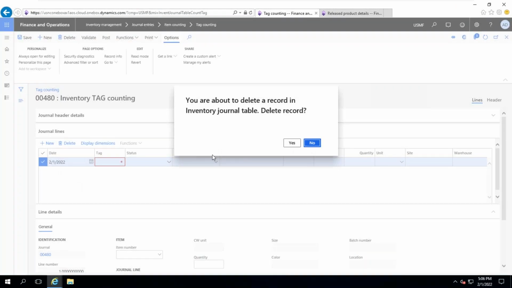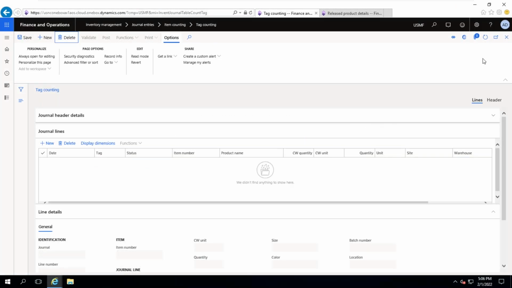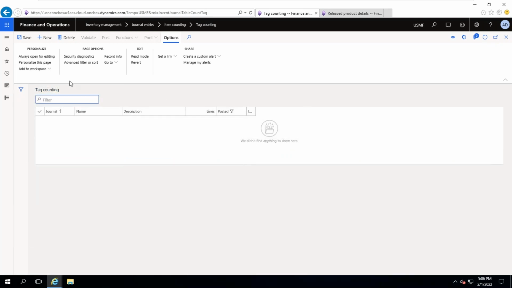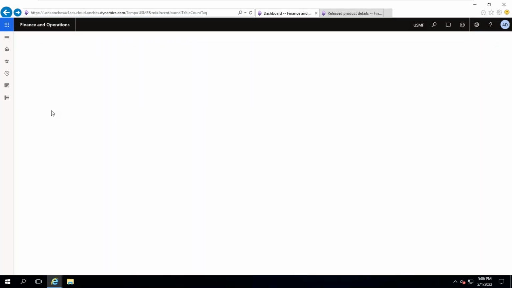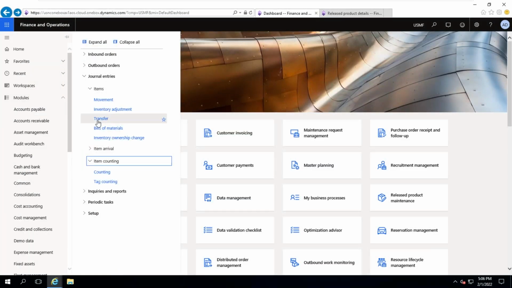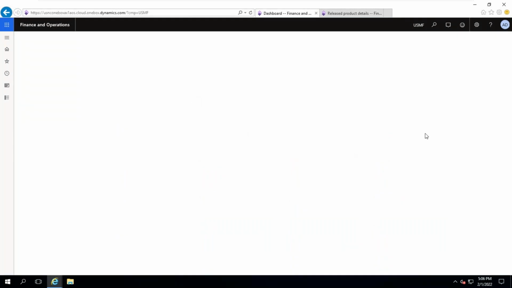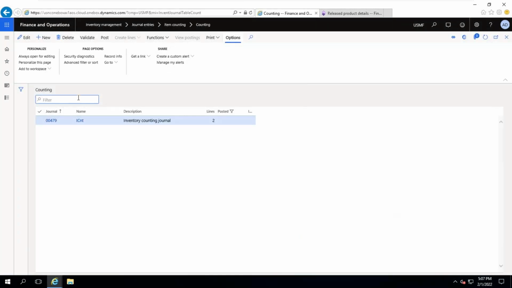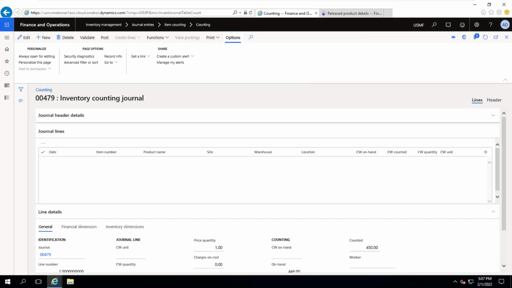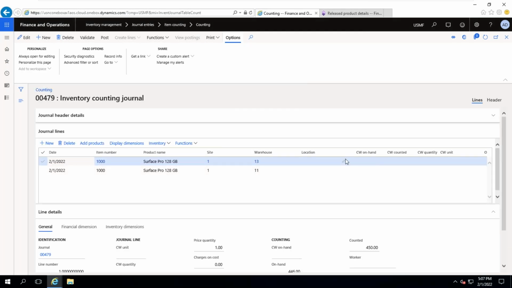See, it does not mean we need to use tag counting always. Directly, you can go to the counting journal. If it is daily, like jewelry kind of thing, then it is not required to go for tag counting. Directly, you can go to the counting journal and enter one by one what is happening and what the deviations are, if you are confident. Why I'm telling you about tag counting is because in this tag counting,